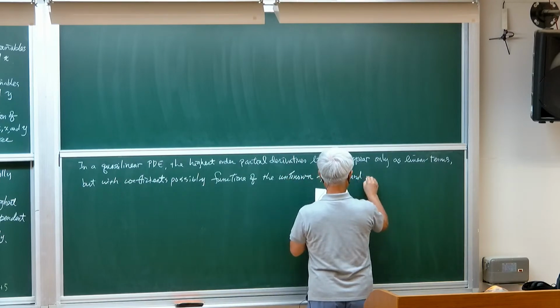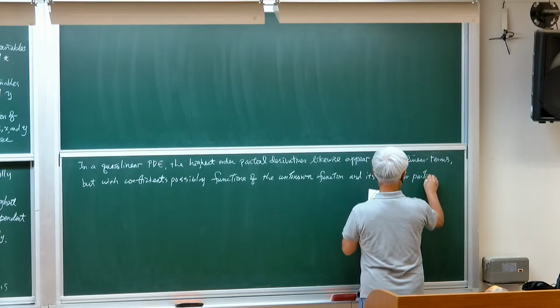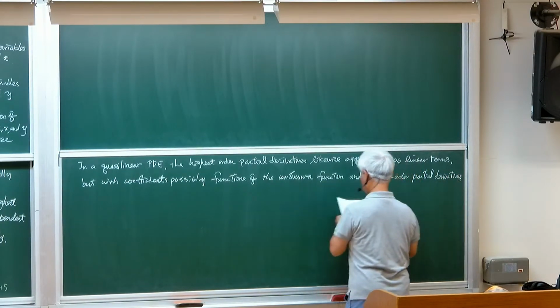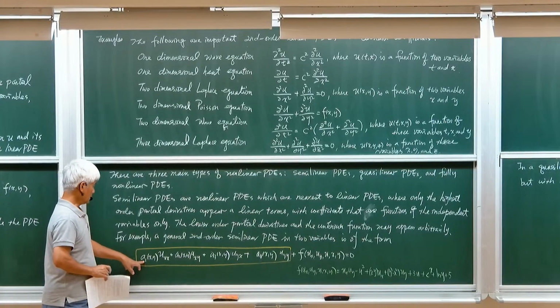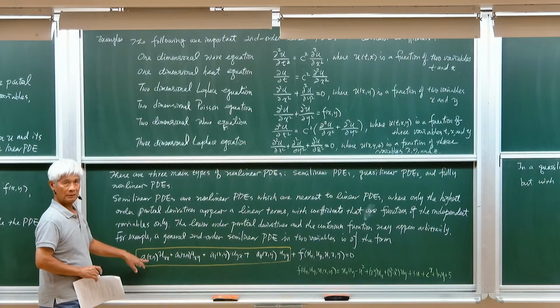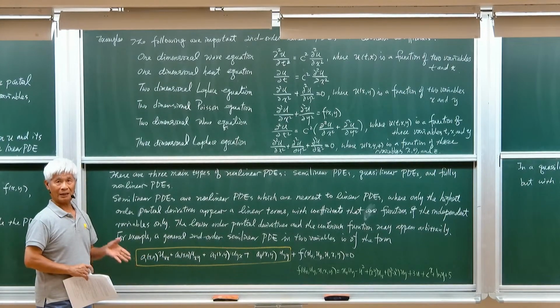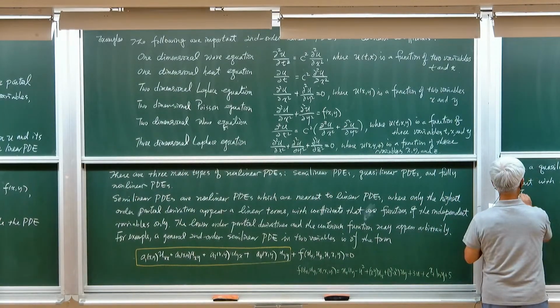And it's lower order partial derivatives, so that the coefficients in quasi-linear PDEs may not be functions of independent variables only, so that they may depend on the unknown function u as well as its first order partial derivatives. So, for example,